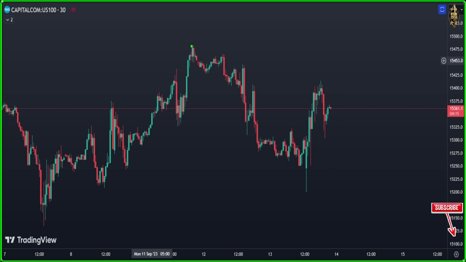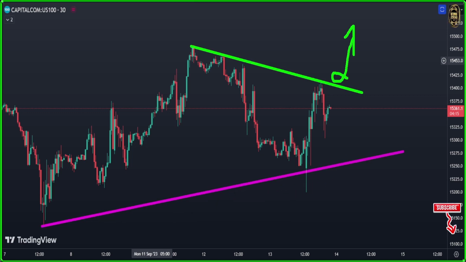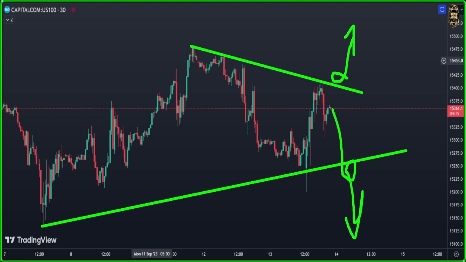Another very important thing here, look, you got here at the top a trend line. If it's broken here, you can enter more long. And down here, you got another downtrend. If that one falls down and breaks down here, you can enter short. So now what you need to do is just wait for the break where it's going to happen, either here or down here.